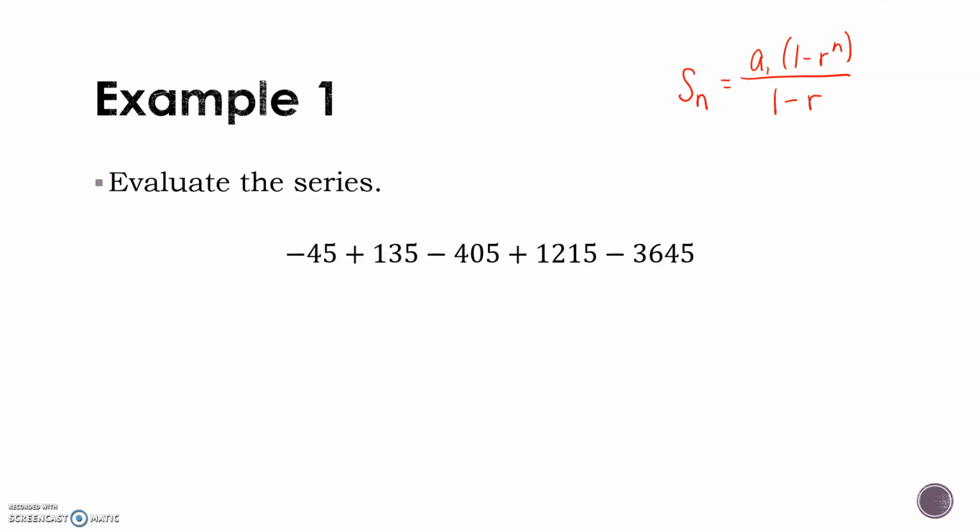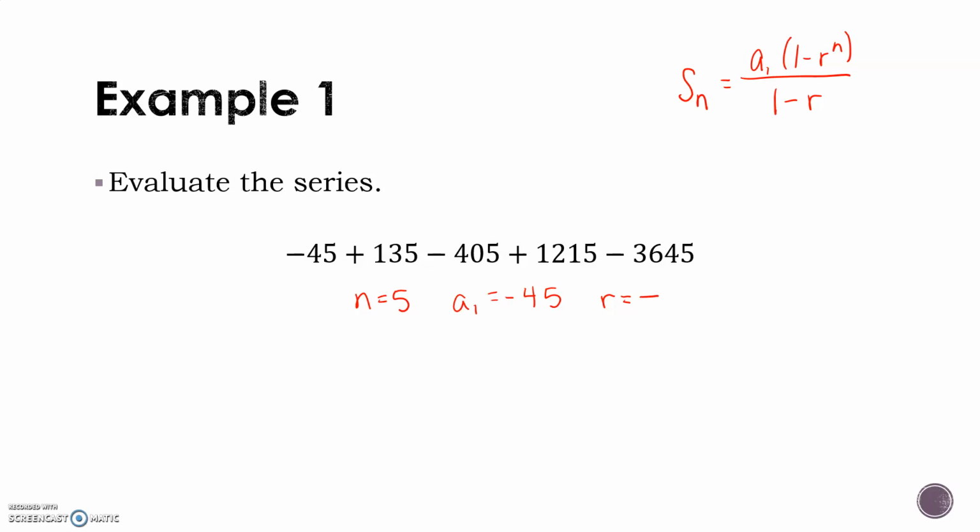To evaluate the series, we could just add things up, but let's practice with this formula. There's 1, 2, 3, 4, 5 terms. So n equals 5. And we need our first term, and that's negative 45. And then the only other thing we need is the common ratio. One thing you might notice is that the signs are changing each time, negative to positive. So that means that my ratio has to be a negative number,